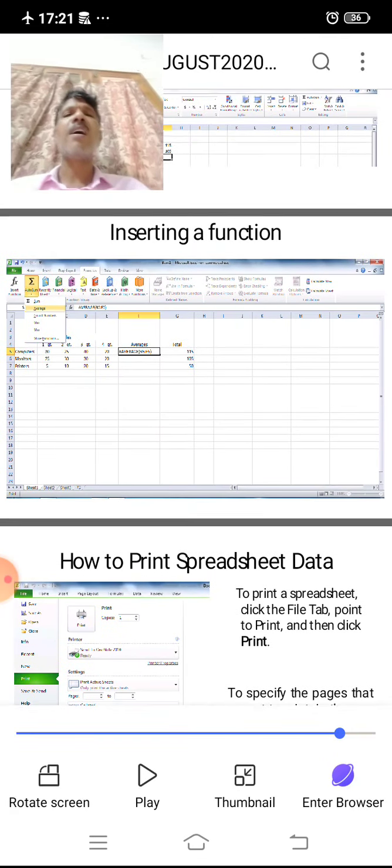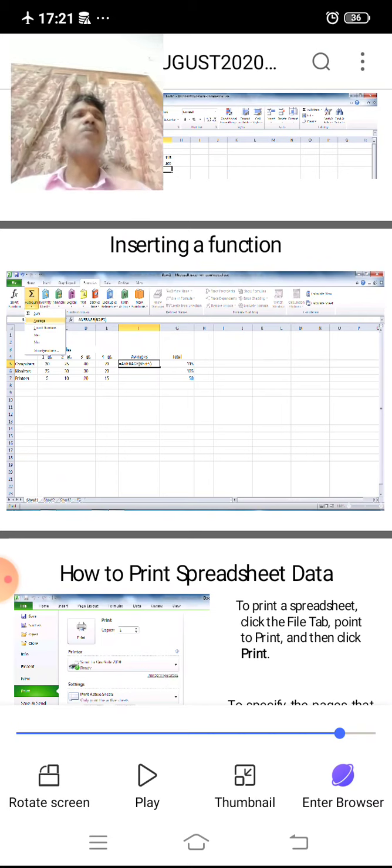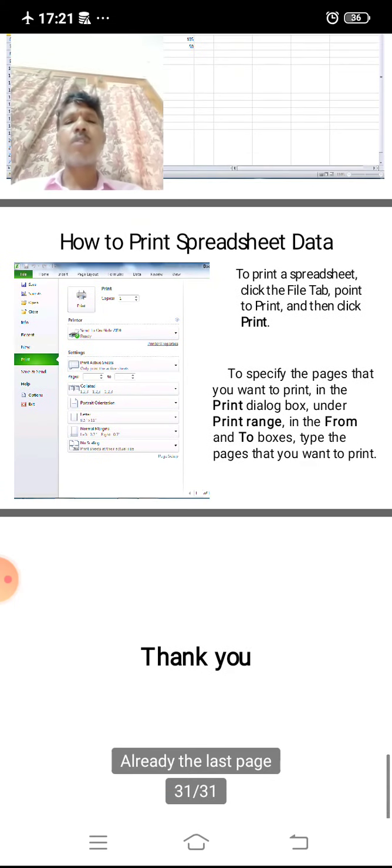This is about MS Excel. So here we observe what MS Excel is, what features it has, what applications there are, how it is used, how it is saved, how it is printed, etc. These are discussed within 2 or 3 classes. It is also one of the products of MS Office. Thank you.